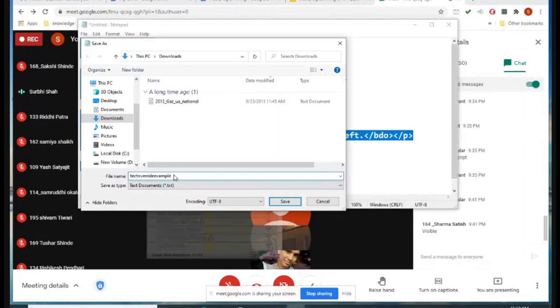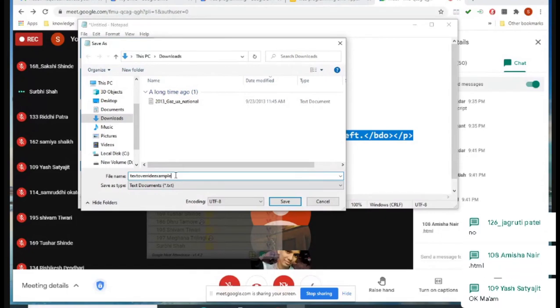I have to add something over here. Do we have to write an extension or not? So what is going to be your extension? The extension is going to be dot html.